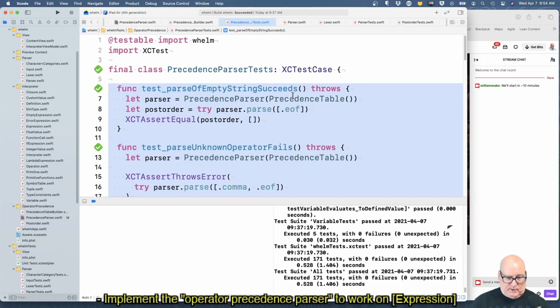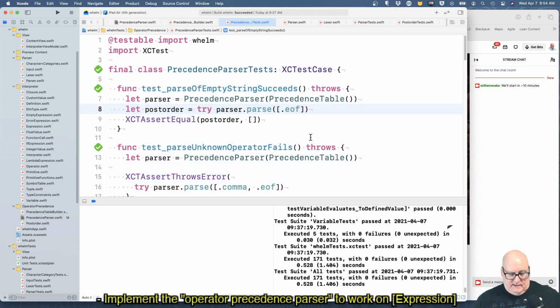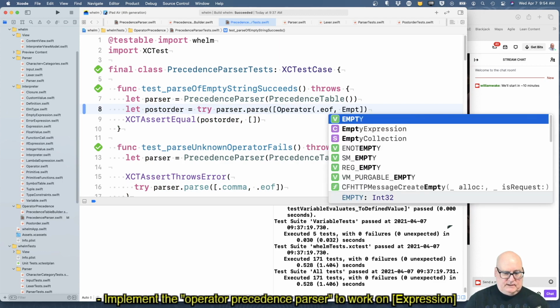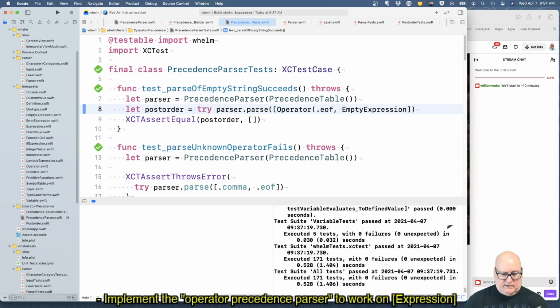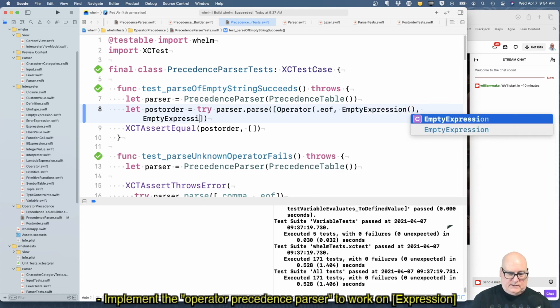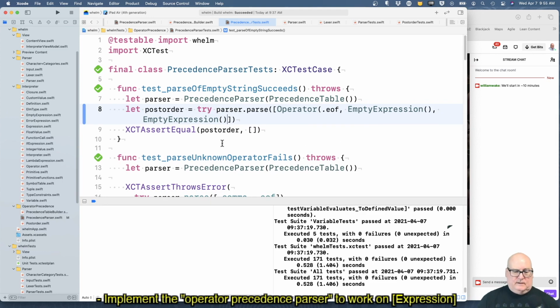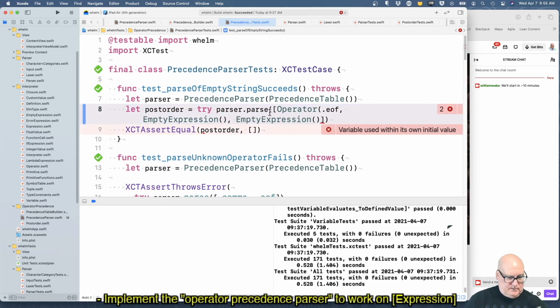Okay, so the precedence parser parsing nothing, which is operator EOF, empty expression, empty expression.